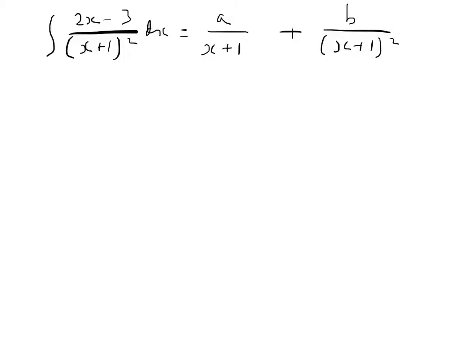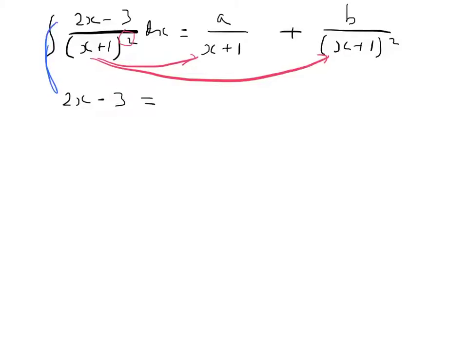So it's important with a repeated factor, and this is what this is called. It's a repeated factor. Because you've got x plus 1 squared or anything just squared on the bottom, you need to split it into two fractions, the singular fraction and then the squared fraction. Once we've done that, we do our lowest common denominator type thing again. So 2x minus 3, which is our numerator here, has to equal